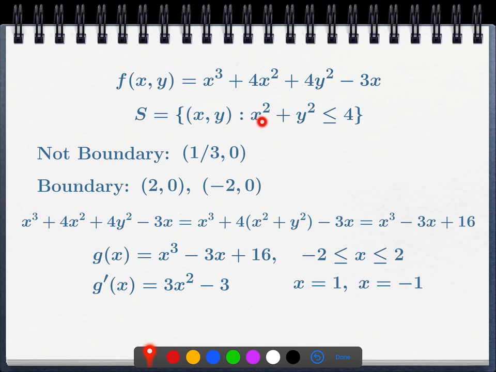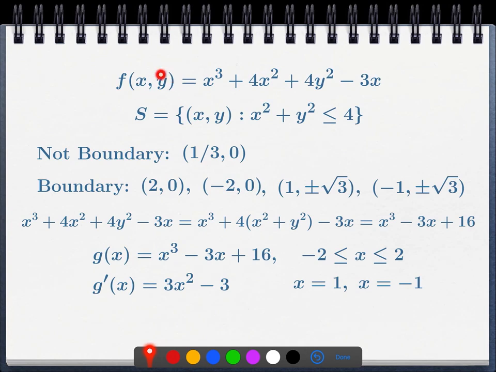Notice when x equals plus or minus 1, this will be 1 when we're squaring it here, and y squared then will be equal to 3, and so y will equal plus or minus the square root of 3. So when x equals 1, or x equals minus 1, we get plus or minus the square root of 3 for y. So that gives us, looks like 7 points here, 2 here, 2 here, 1 here, 1 here, and 1 here. So we have all 7 points to look at,